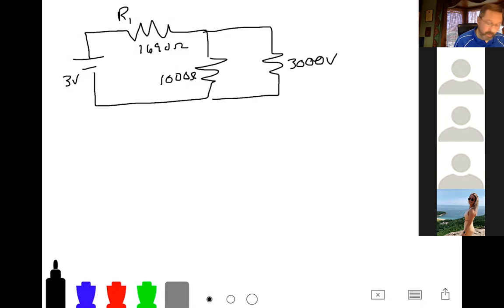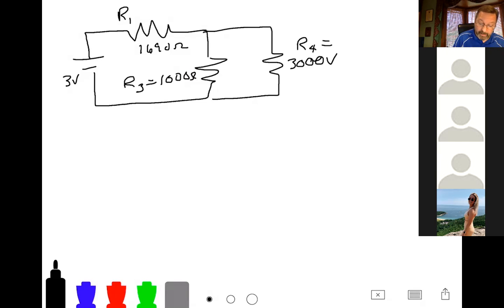What did I call it? I think I called it R3 and R4, and I forget the order. Let's go with R3 here and R4. As I said, when I made that diagram, I had an R2, which I've just deleted because it doesn't help the problem. Now, there's a couple ways you can do this problem, and let's look at the clock. I'm kind of running out of time, so I'm just going to do one way. On Wednesday, I'll show you a different way to do the problem, but I want to use Kirchhoff's loop and